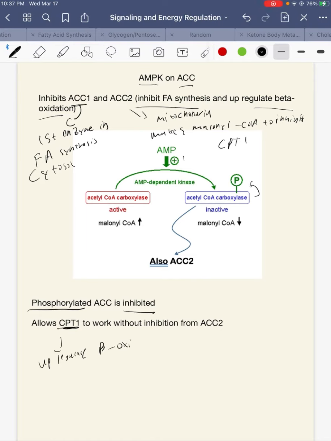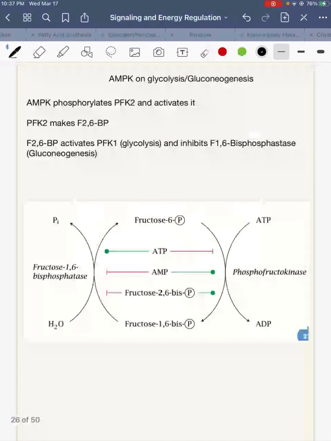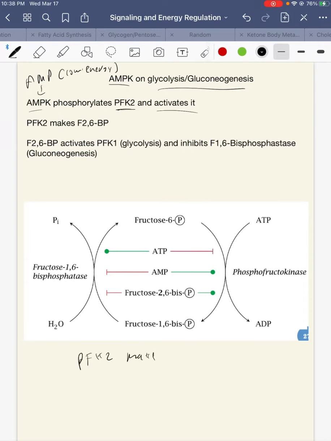Okay, AMPK on glycolysis and gluconeogenesis. So remember, AMPK is activated by AMP, so low energy. So we probably want to activate glycolysis and inhibit gluconeogenesis. So AMP activates AMPK. AMPK then phosphorylates PFK2 and activates it. If you remember from glycolysis, PFK2 makes fructose